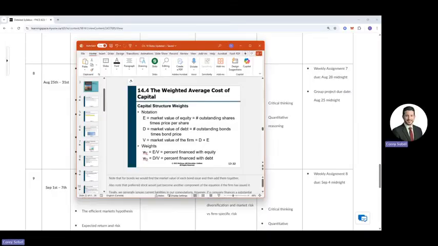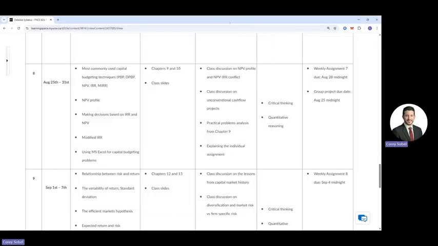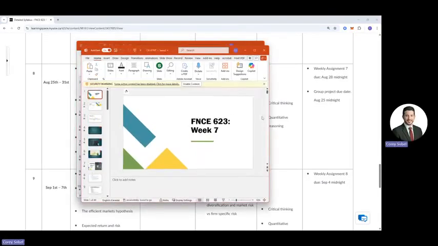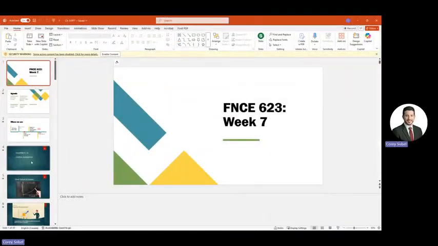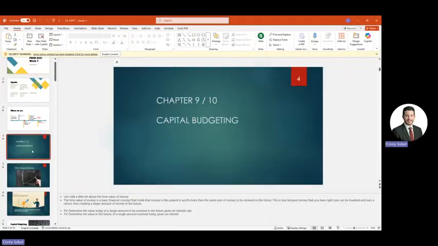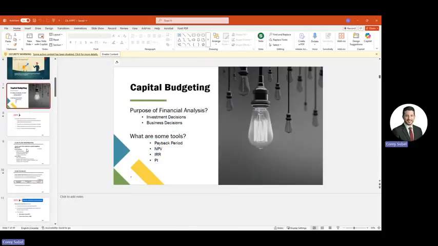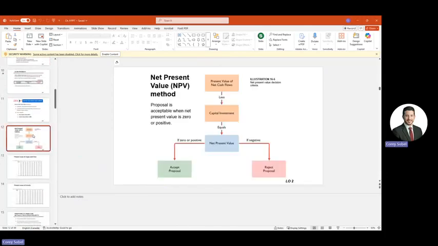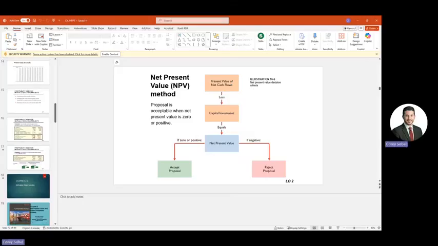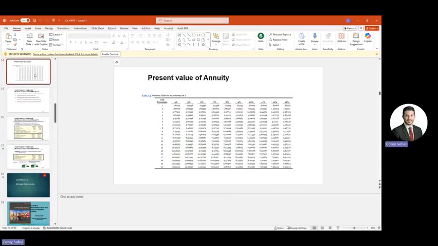Okay, I want to pull up chapter 9 for a second here. Chapter 9 and 10, mostly chapter 9. So when you're studying, you can mostly look at the concepts from chapter 9, the stuff we talked about in the slides here in this capital budgeting piece. So we talked about the time value of money. We talked about some capital budgeting techniques: payback period, NPV, IRR, profitability index. We went through how we actually calculate it. We did not use these